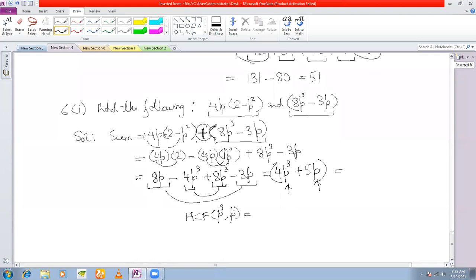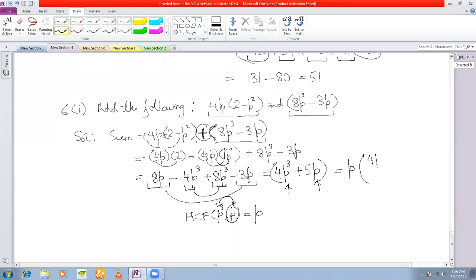HCF of p cube and p is we take the lowest power of p, right? What is the lowest power of p between p cube and p? Which one is the lowest power? P. So HCF of p cube and p will be p. So what I do here is I take the HCF of p cube and p out. Okay. Once I take the HCF out,